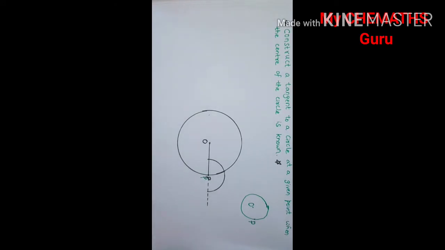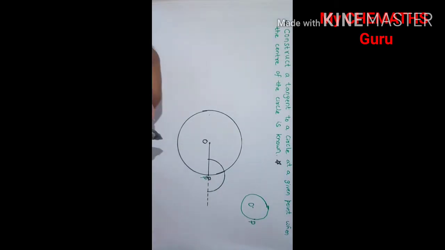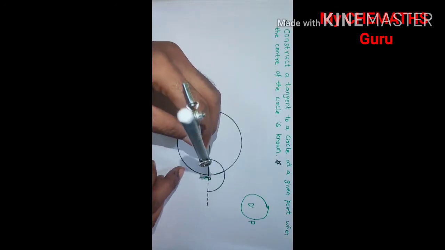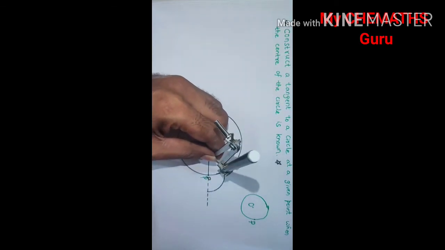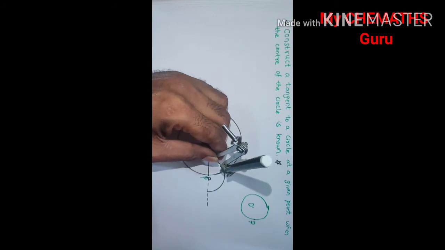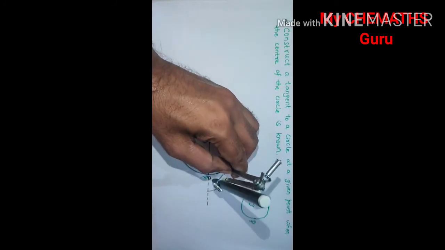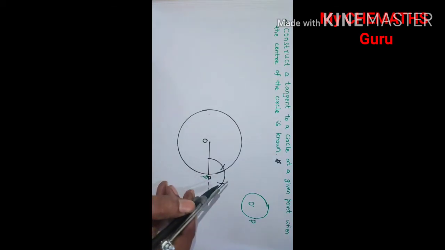After drawing the semicircle, on the left side of P, the semicircle cuts OP at some point. Now with that intersecting point as center, cut one arc on the semicircle and a second arc like this. What is the meaning of it? If you join P and this point, you will get 60 degrees. If you join P and the second arc's intersecting point, we will get 120 degrees.